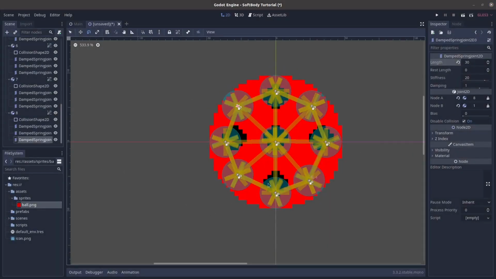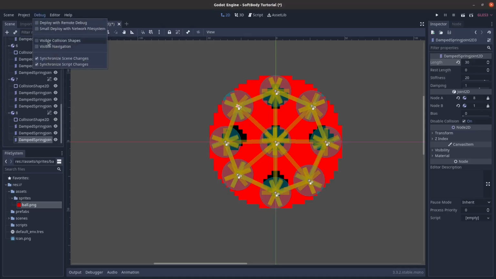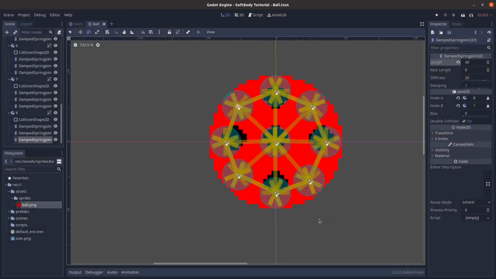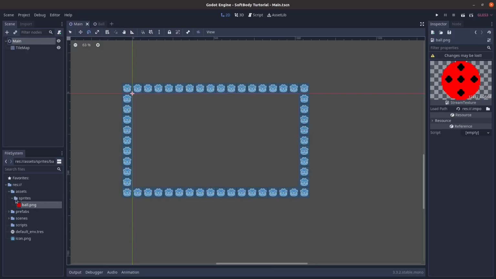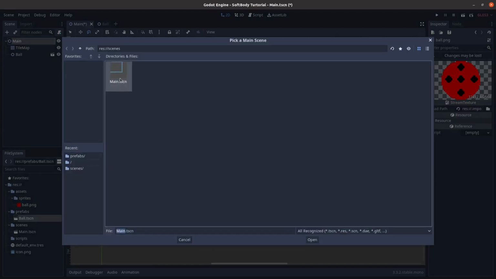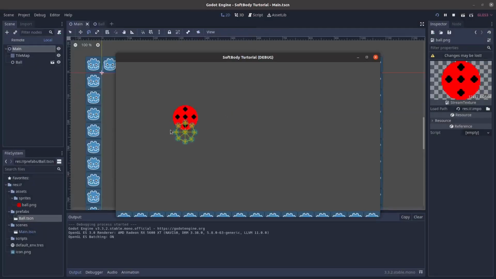Okay, now we have them all set up, just in a nice circle, and all connected to the middle. If you go to debug up here and click visible collision shapes, and then we save the scene, we're just going to save it as ball, and just save that. Now if we go into our scene and drag it into the main scene, boop. If we click run, and obviously we have to click the scene to run,